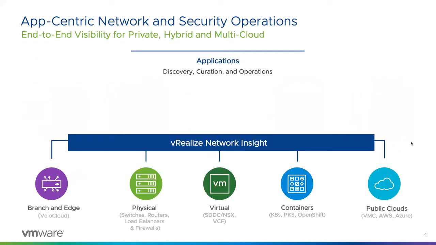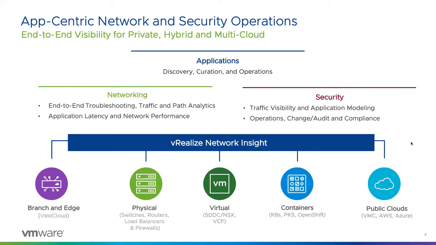So when you look at this, we kind of start off, and I'll let this build out. We cover various components and use cases. We're focusing on three key things: applications, networking, and security. Encompassing all of that into the product to provide application discovery and monitoring, network end-to-end troubleshooting and traffic and path analytics, latency, network performance, and then from a security perspective, focusing on things like monitoring from a traffic visibility, application modeling, getting into operations and compliance, change audit, and even microsegmentation planning if you're utilizing